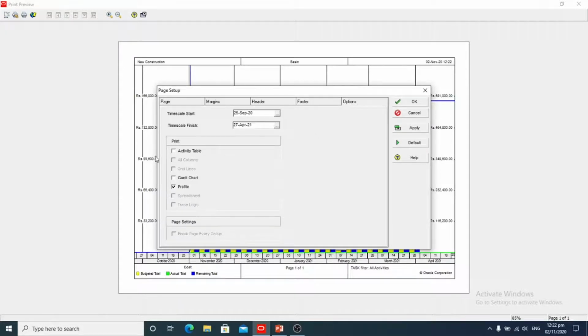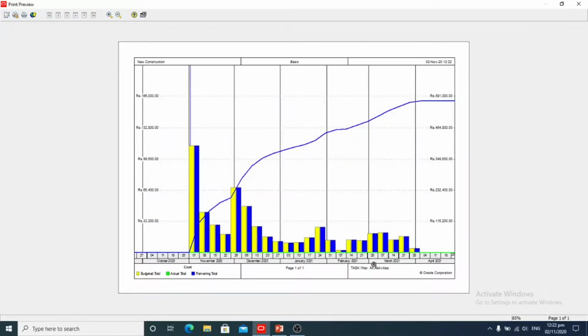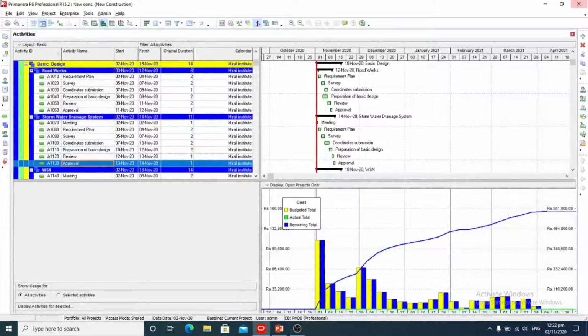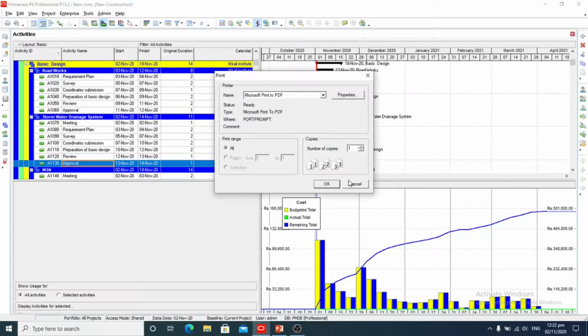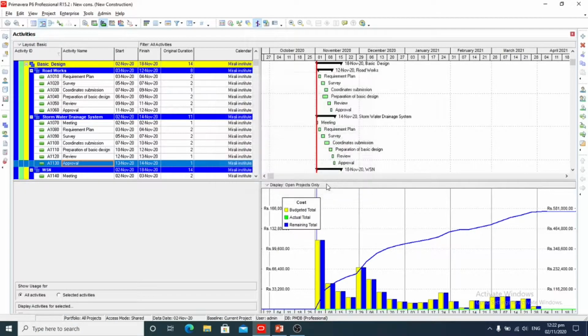So we will uncheck all the things. We will keep the profile, which we can print out. So apply and OK. This is our print preview of the S curve. So we will go back, and here we click on print preview and OK.